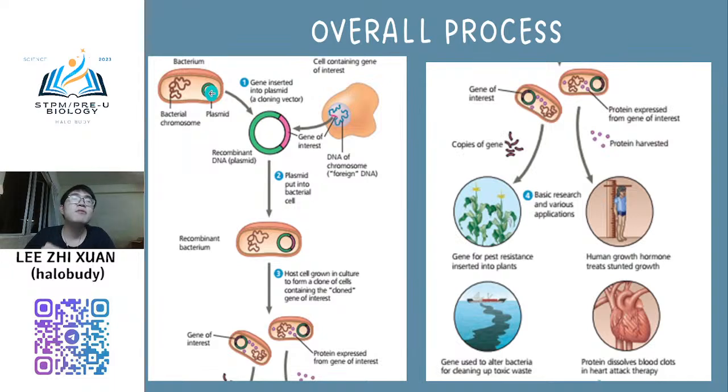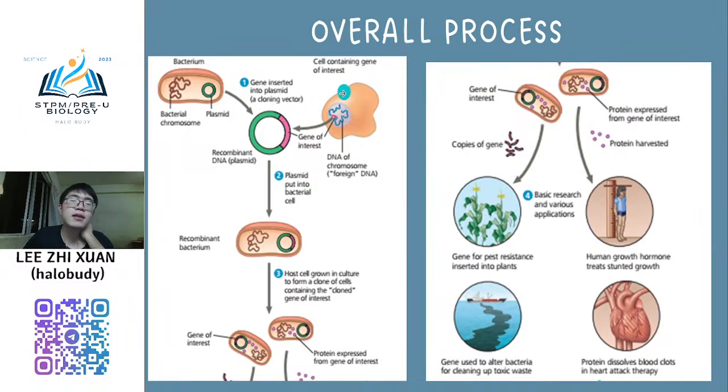Ini akan menjadi vector. So actually plasmid in bacteria is a DNA molecule, but within the bacteria, it does not play the role like the chromosome does, like determining the characteristics of the bacteria. Normally plasmid plays another role in bacteria. But anyway, the plasmid is the main vector that we use.